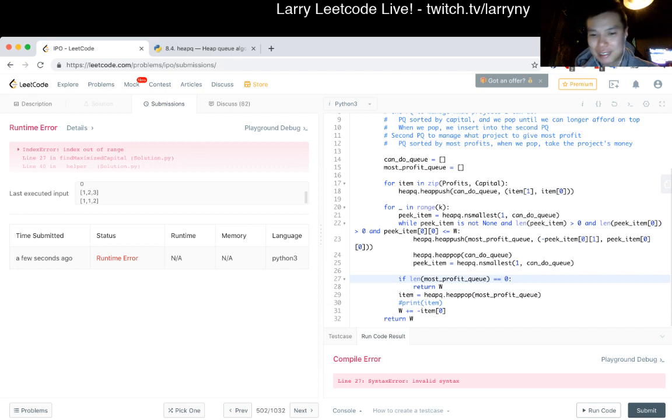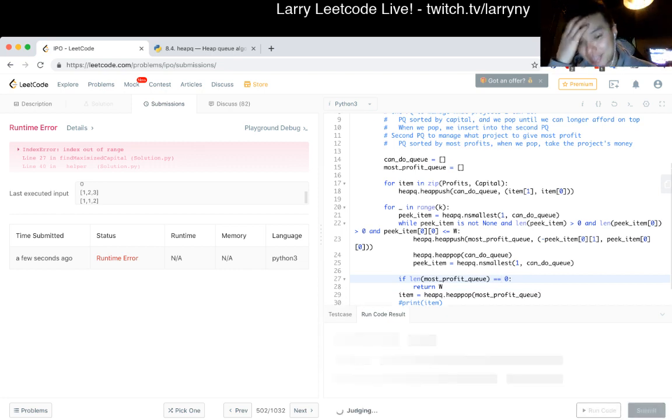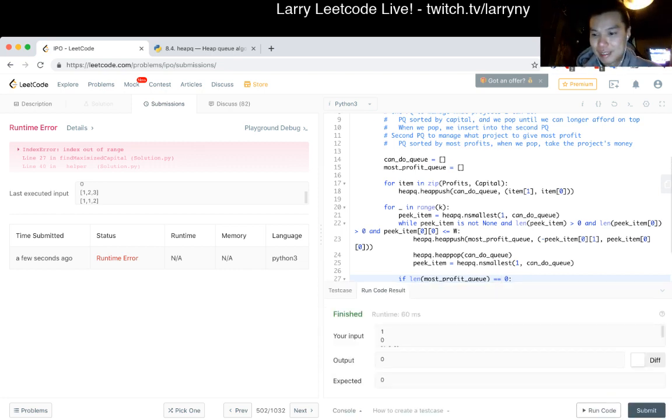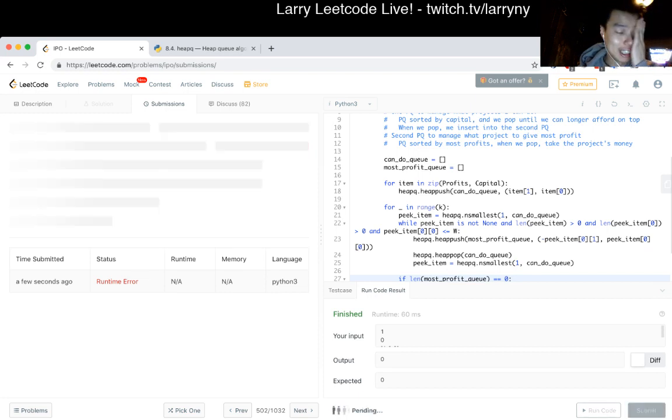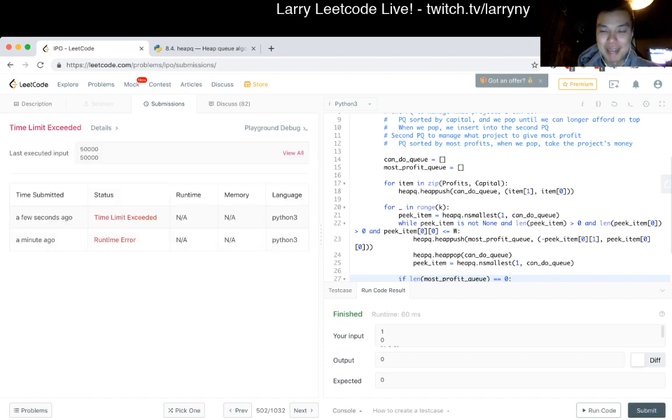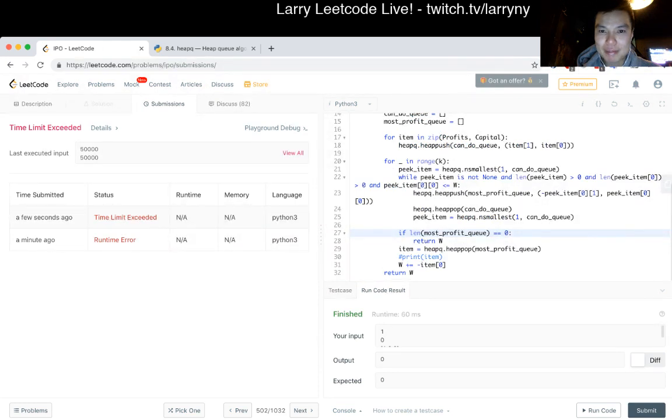Sorry, the smoke is a little distracting, but yeah, I think this is definitely an edge case that I should have known about, which is that you can't do anything in the beginning. This is what it should tell you. And time limit exceeded. Huh. So now that's actually somewhat surprising, but what the hell?